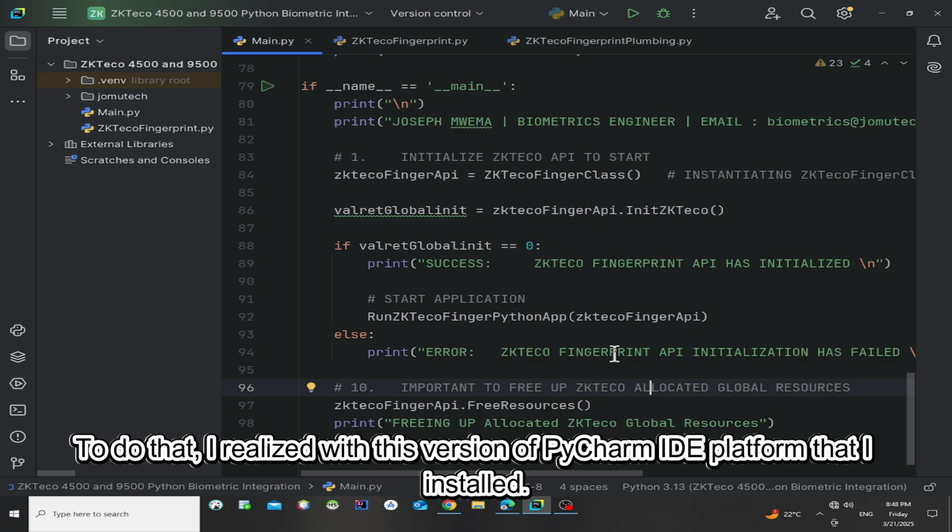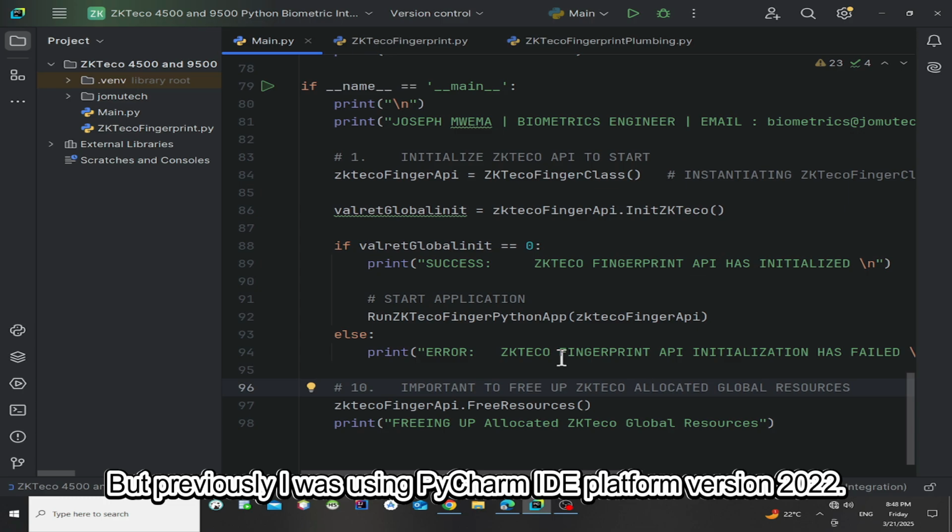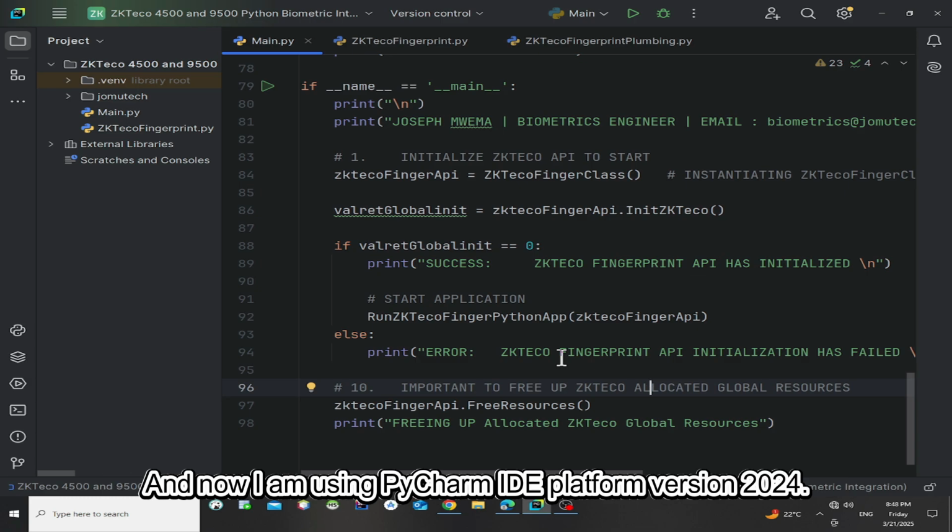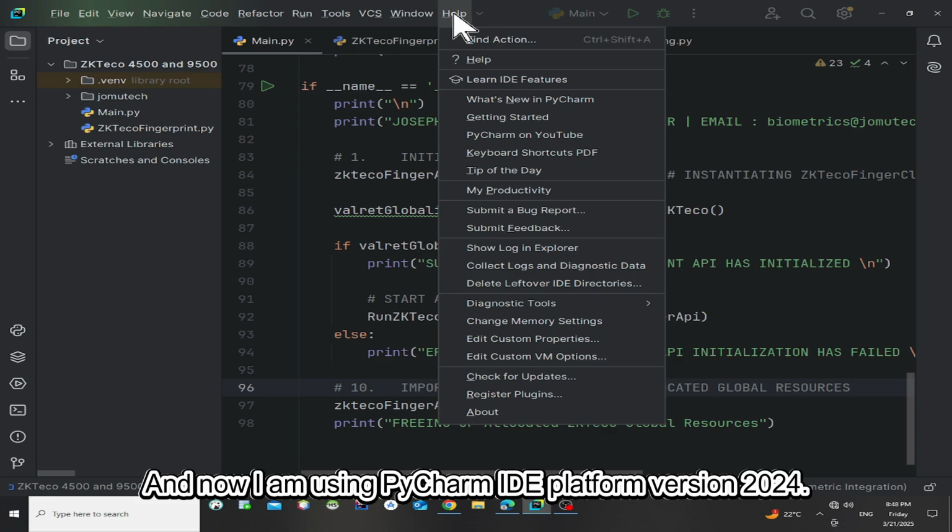To do that, I realized with this version of PyCharm that I installed, by the way, previously I was using PyCharm platform version 2022, and now I am using PyCharm version 2024.